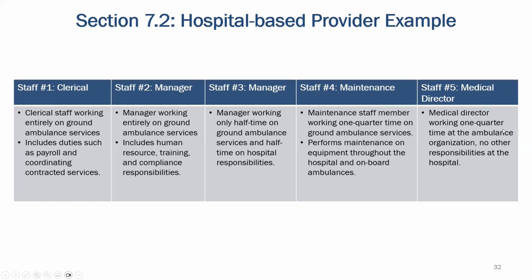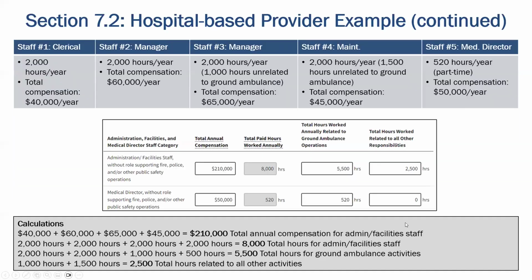So that's 1/4 the ground ambulance organization and nothing else at that hospital. So this slide goes through how you'd calculate that. And I won't go through all of the details here, but basically for the staff that are 100% ambulance, that total count of hours worked and compensation flows down into what you report in this single row for administration and facility staff. The first 4 of these staff members, excluding the medical director, are all combined into one administration facility